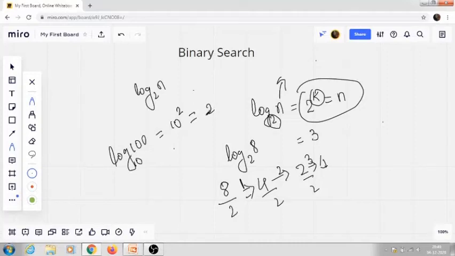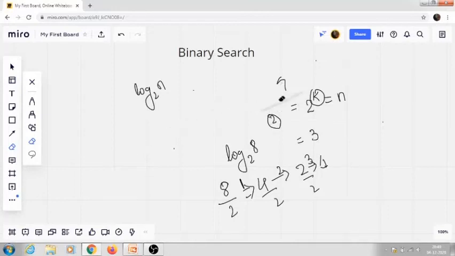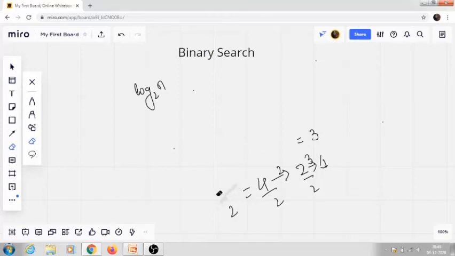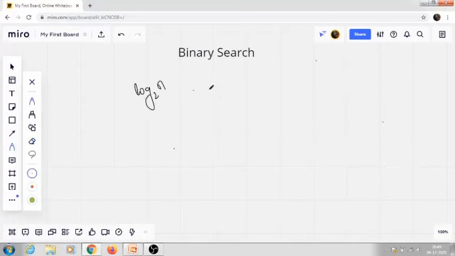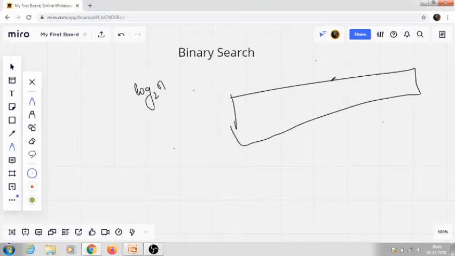So this is what log is, and now you can see how it is related to division. In binary search, we are dividing it into 2 parts, and we are not traversing the entire elements, we are just traversing by dividing it into 2 parts. So that's why we are using log. You can see that we reach the middle element directly.